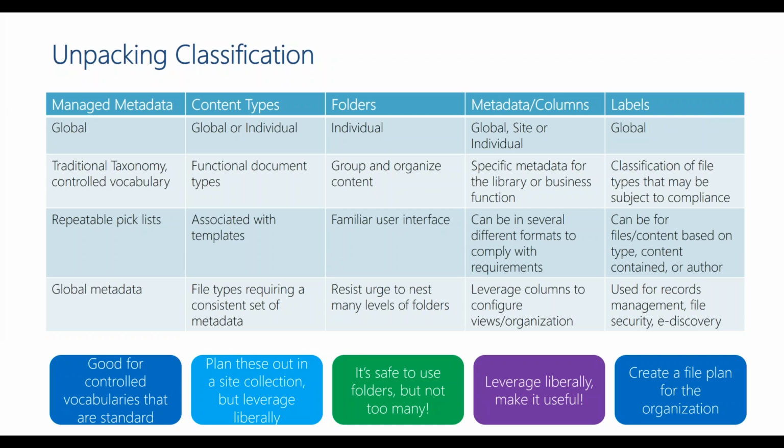And what I always recommend is to plan out some content types at the global level that institute certain policies and metadata fields and or formatting or information management policy that you want files to adhere to across a global level, and then to let different groups build their own content types off of your global ones. So create global content types for your organization or for certain departments based on regulation, compliance, formatting issues, and then